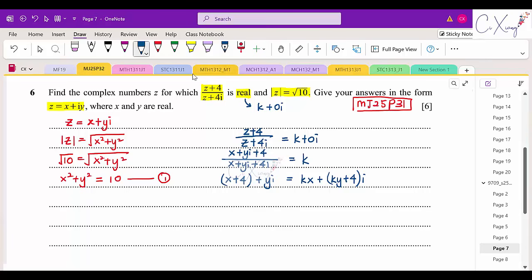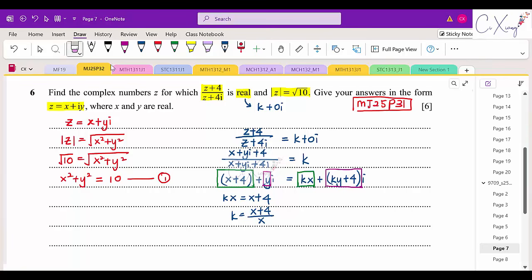Usually in a complex number, we can compare the real part with the real part. So I'm comparing this one with the real part here. And what I observe is I have kx equals x plus 4. Then k is equal to x plus 4 over x. Then if I compare the imaginary part with the imaginary part, I'm comparing the y together with ky plus